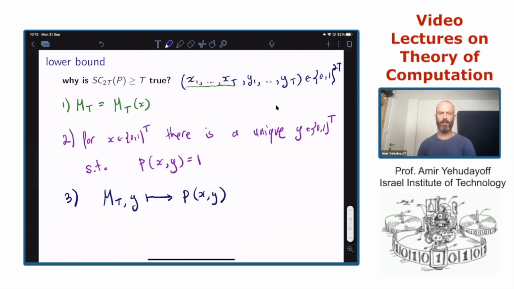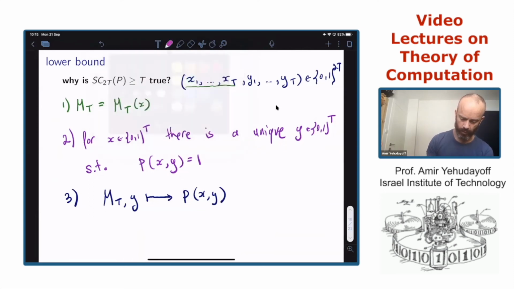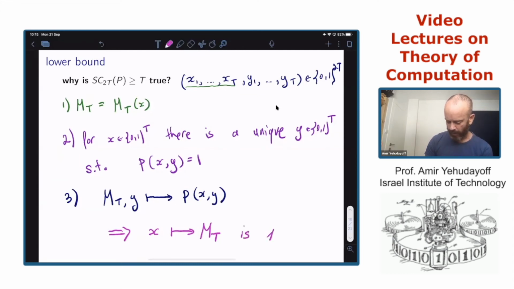So if the algorithm correctly computes palindromes, then the memory at time t and y should allow us to compute the value of the function palindrome. And the conclusion from all of these three properties is that the map x goes to m of t, this map that is defined here, is injective, is one-to-one.